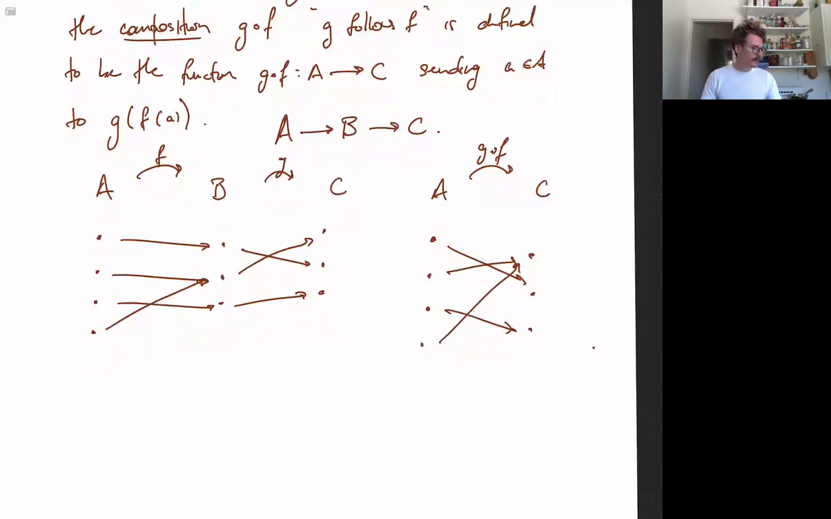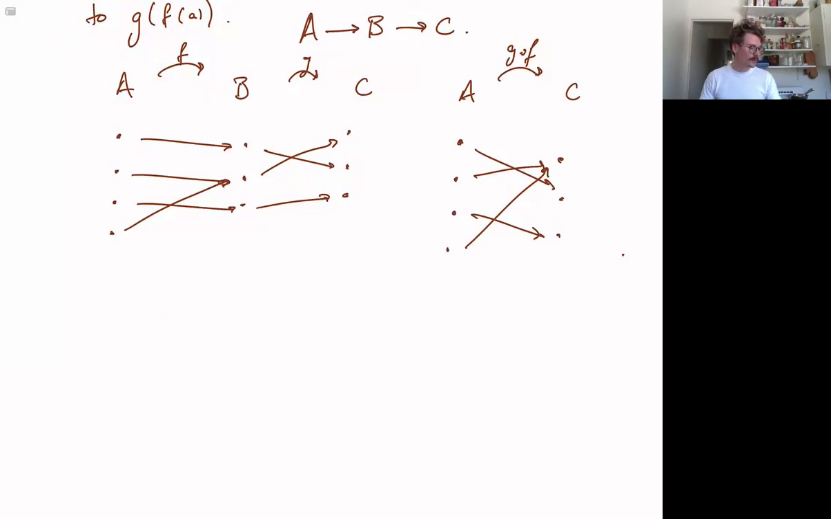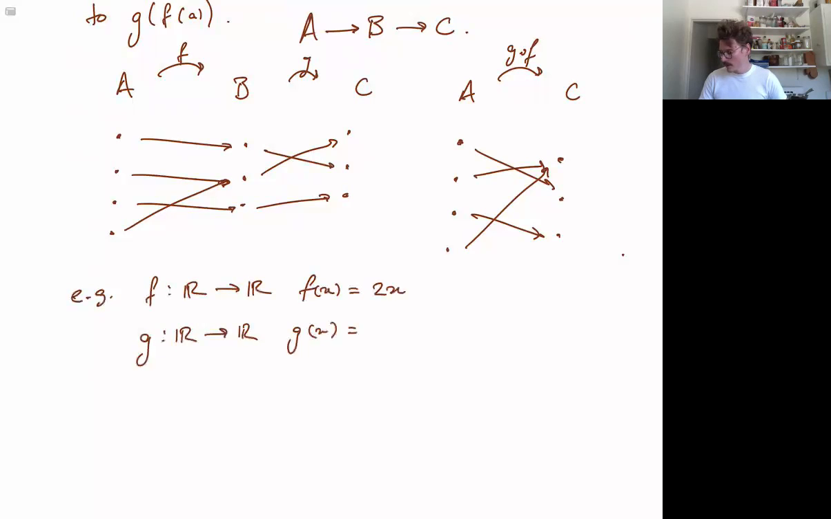And let me write down an example in equations as well. So let's say we have F from R to R defined by f of x equals 2x, and G from R to R defined by G of x equals x squared. Then G follows F is a function from R to R. In this case, it's not super clear, but those are the ones. R to R,